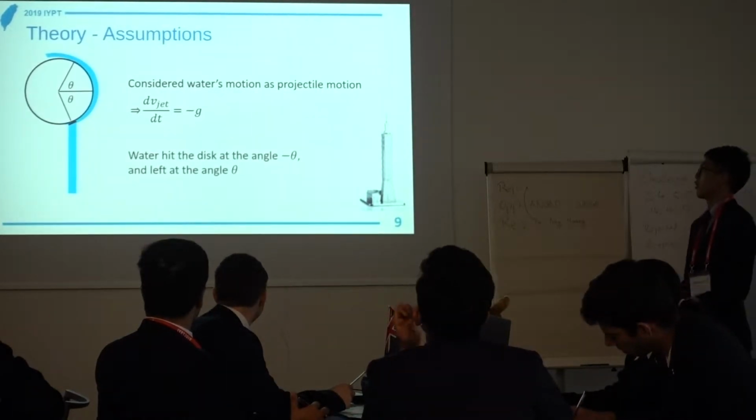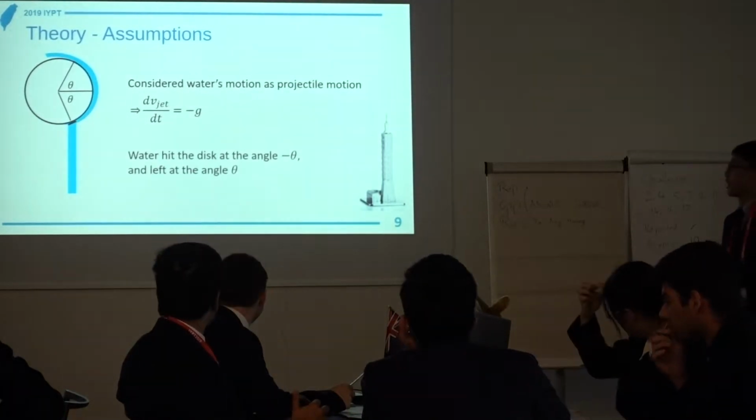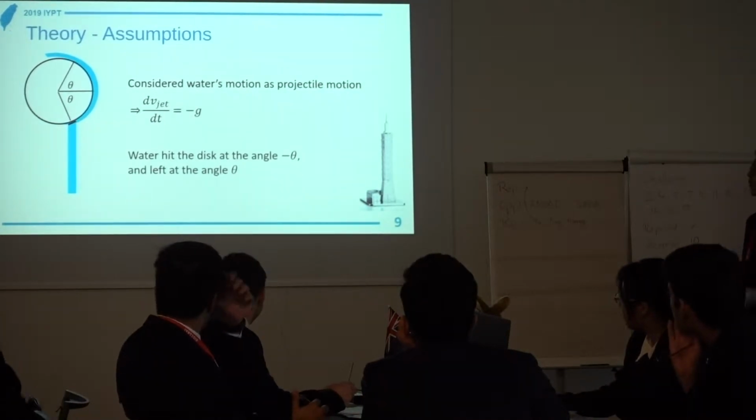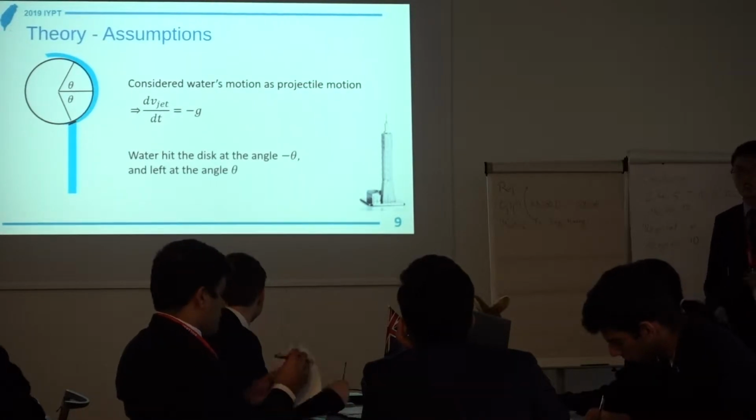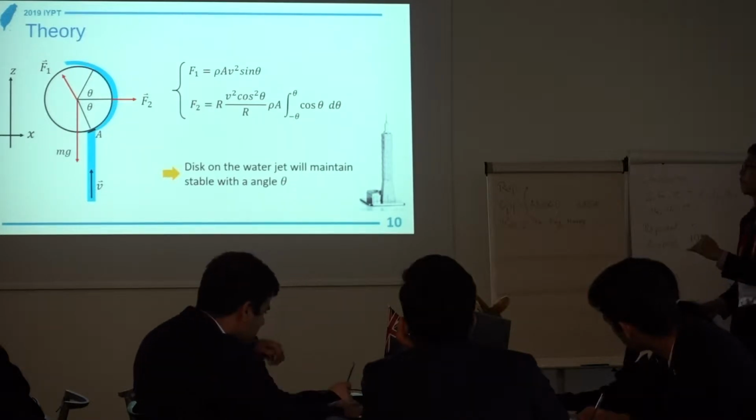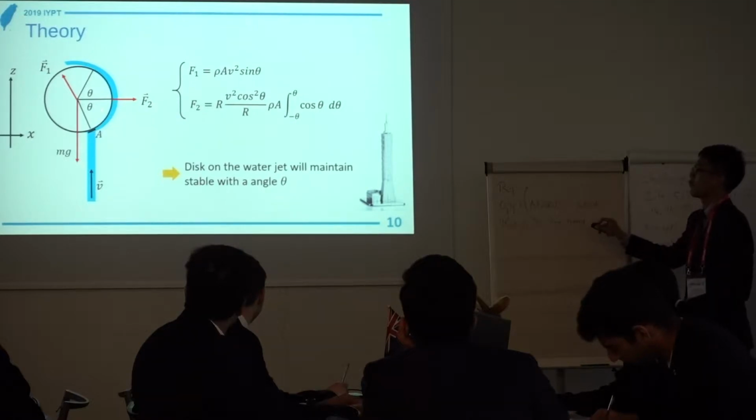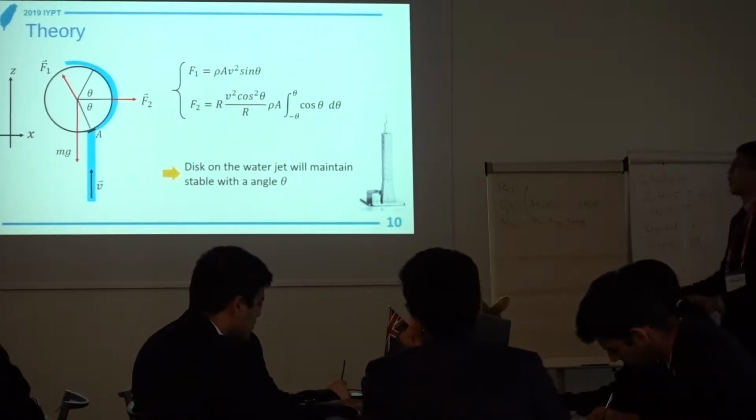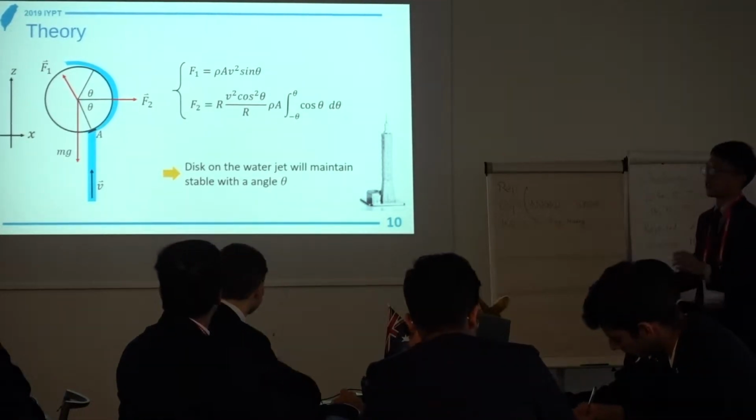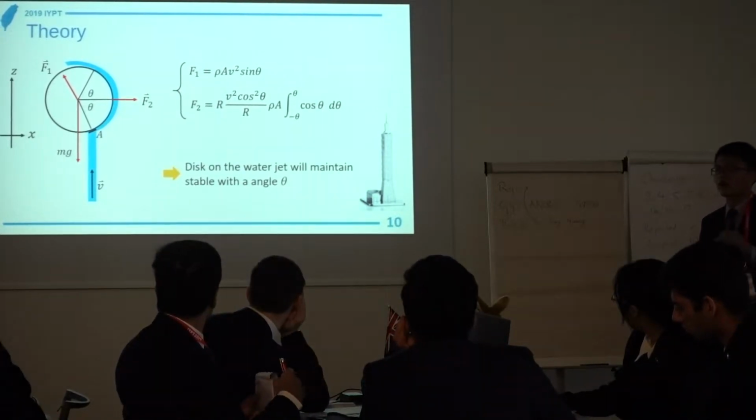So here are the basic assumptions of this theory. First we consider water motion as projectile motion, and we have a simple approximation that the water will hit at the angle negative theta, and leave at the angle theta. By this simple approximation, the calculation becomes easier. So first we will be analyzing the forces on the z-axis. F1 is the impulsive force caused by the water jet, and F2 is the reaction force caused by the centrifugal force. Because we assume that the water jet will hit at the angle theta and leave at the angle negative theta,